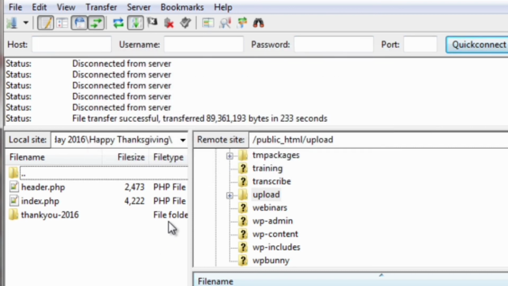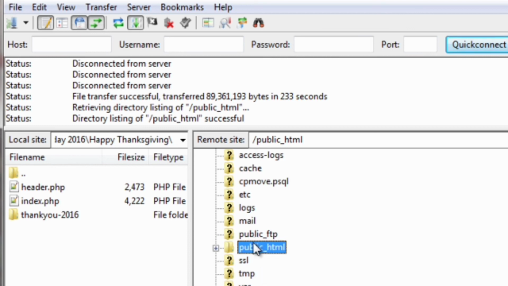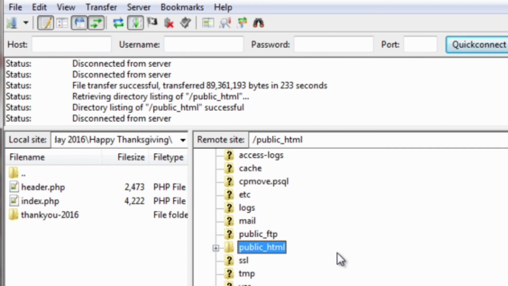Now, typically at that point, you're going to want to find the folder that says public_HTML. Or sometimes it'll be HTTP docs. Sometimes you'll see that there. Now your web hosting company should be pretty upfront with you as to where you should be able to find that kind of thing. So just go to that folder, and then of course you can either upload the file